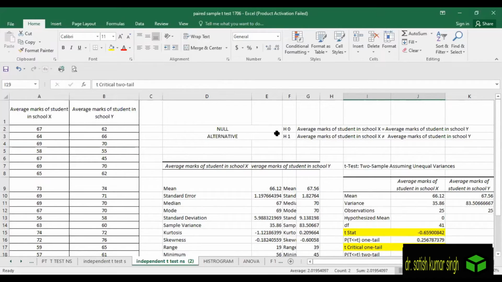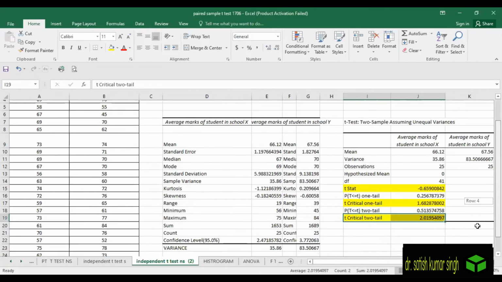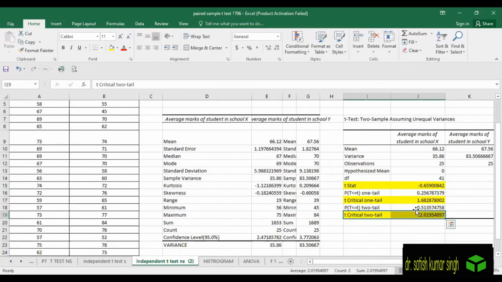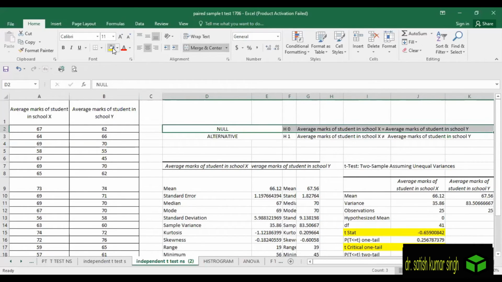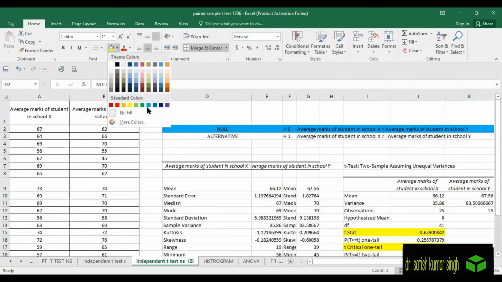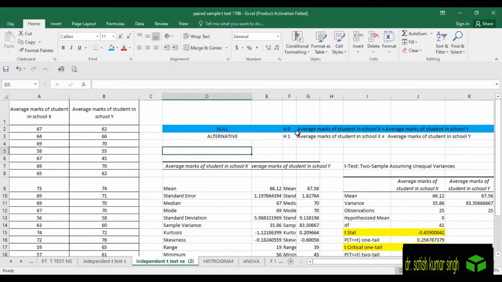Null hypothesis is average marks of students in school X is equal to average marks of students in school Y. So on the basis of the given sample and this conclusion, as we are not able to reject the null hypothesis, it can be concluded that the null hypothesis will be accepted, and there is no significant difference between the marks obtained by students of school X and school Y. This is the way how the independent sample t-test is calculated.